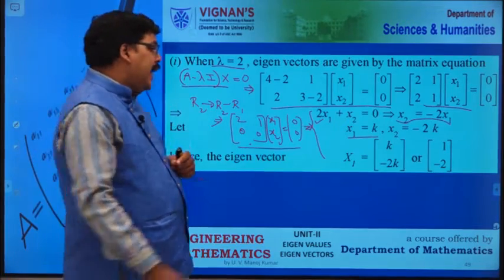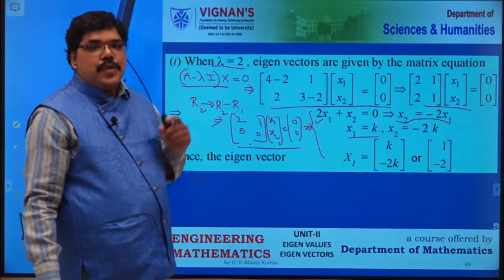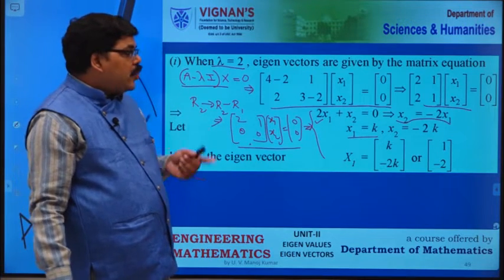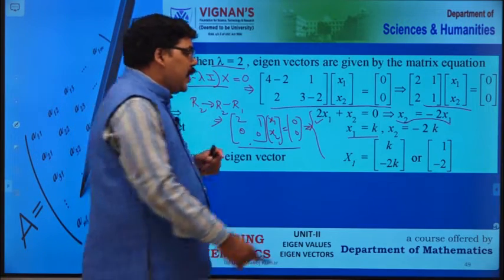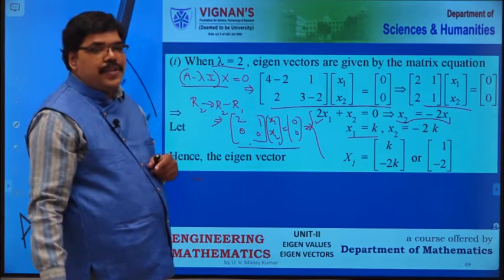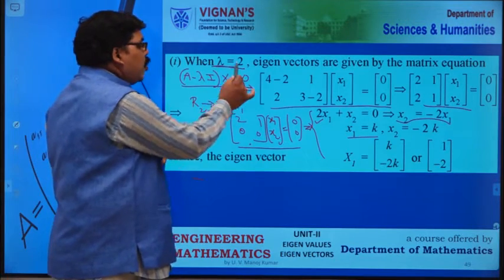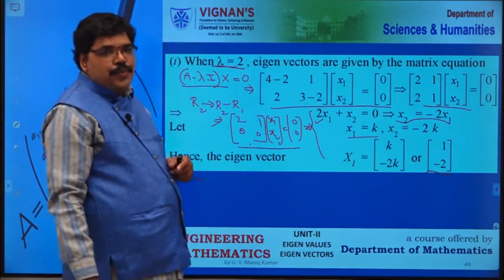So here x1 is the arbitrary constant, and I am taking x1 as k. When I take x1 as k, x2 becomes minus 2k. So the first eigenvector becomes k, minus 2k. Take k common: 1, minus 2. So for lambda equals 2, the eigenvector is 1, minus 2. Similarly,